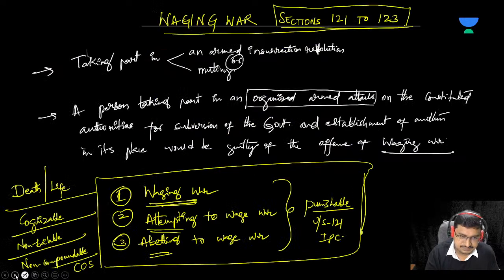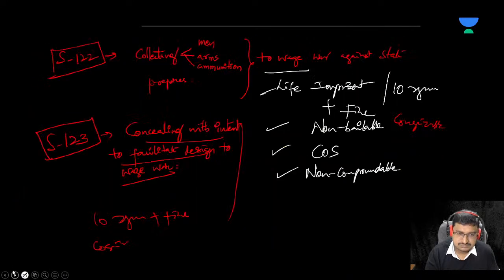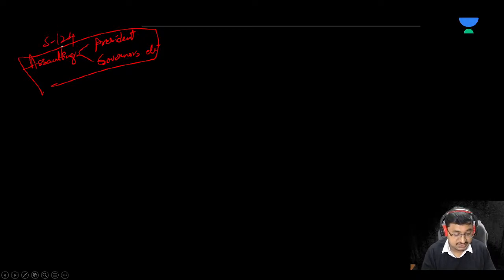The second one, assaulting president or governor, etc., is enumerated under section 124. Assaulting president, governors is enumerated under section 124 of IPC. Here, whoever